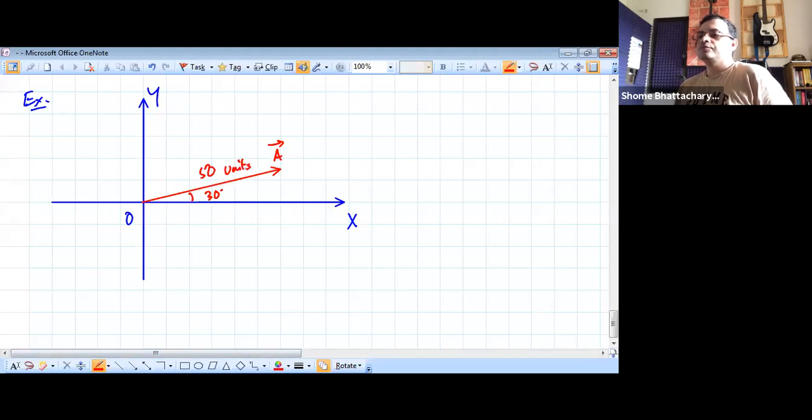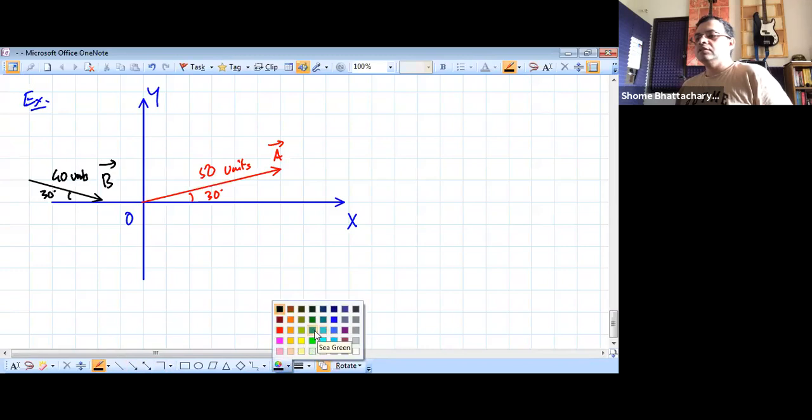Okay. On the other hand, we have another vector which is shown to us now, like this. This vector is just randomly shown over here, where this angle is 30 degrees, and this is a vector of, let us say, 40 units. And we have another vector which is shown to us